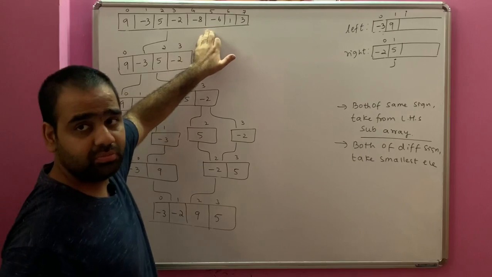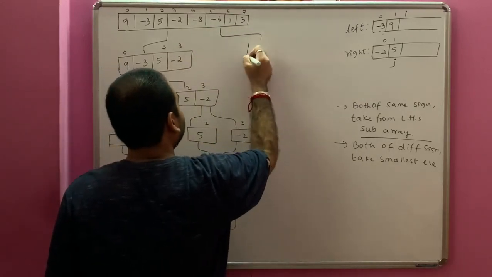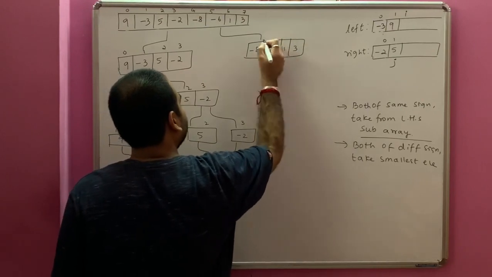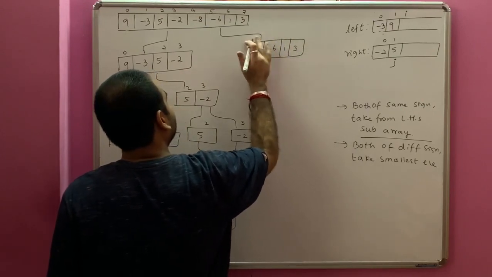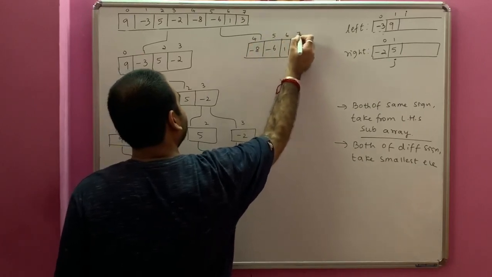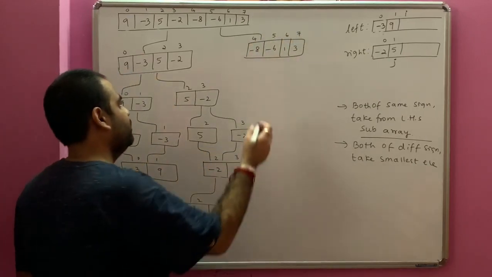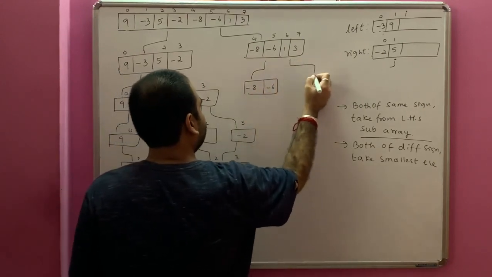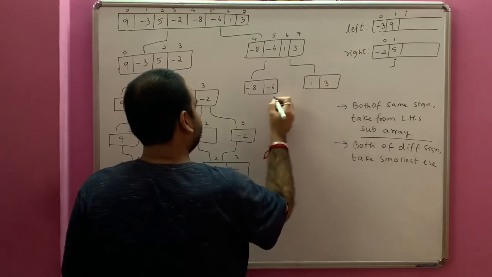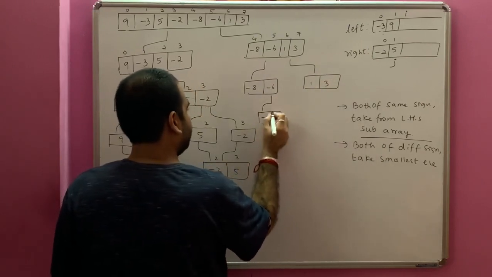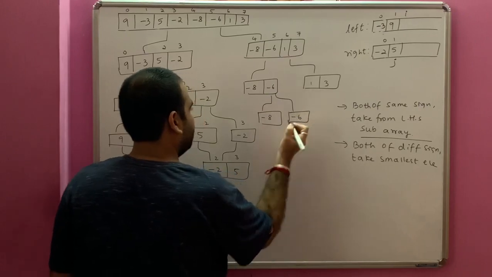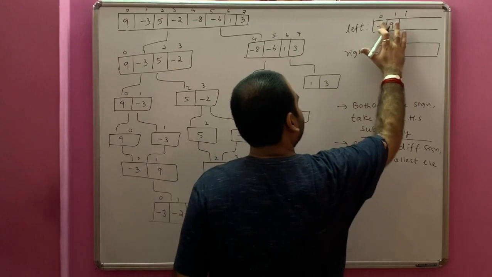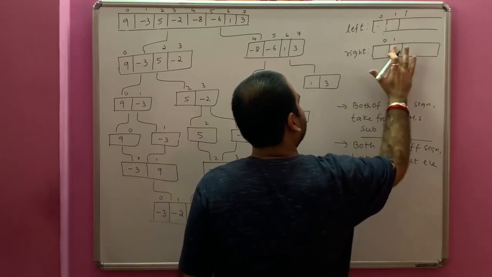Now I have to do the same procedure on the RHS subarray. What do we have over here? -8, -6, 1, 3, 0. Sorry, what are the indices? 4, 5, 6, 7. Now again you have to divide it. When I divide, what will happen? -8, -6, and 1, 3. Again I have to divide it. -8 and -6. Okay. Now both have one element only. Therefore, what should become the LHS subarray?